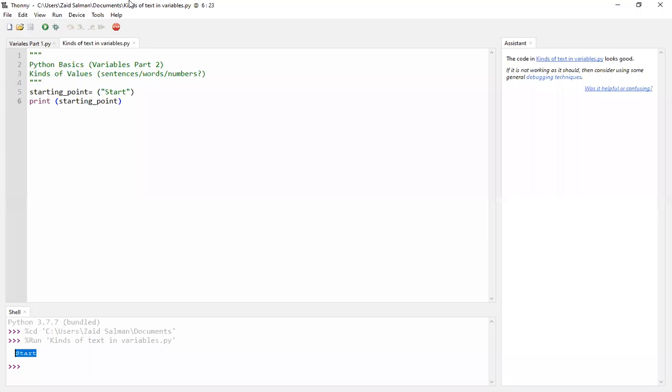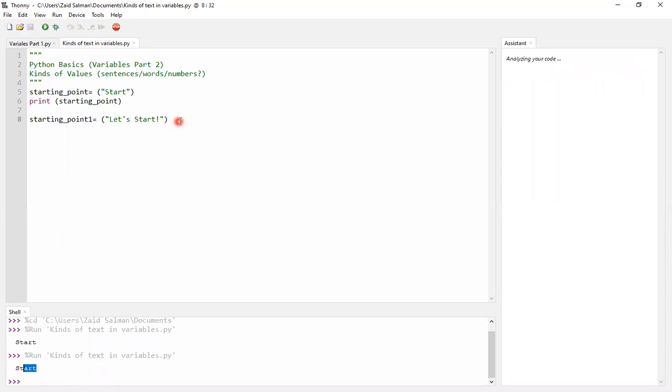So I can also put other stuff. For example, I'll do starting point 1, and I write the two quotation marks, and I'll say let's start, and I'll be running it, but I forgot to do print.